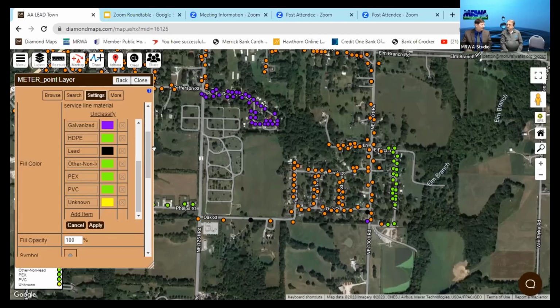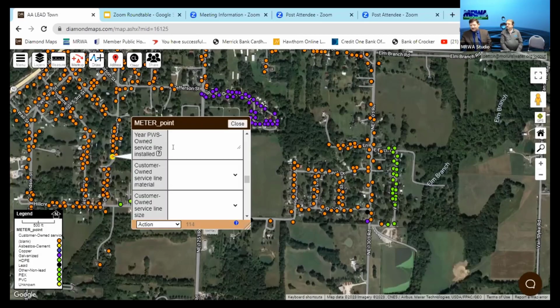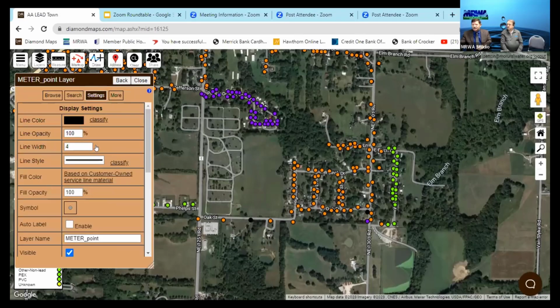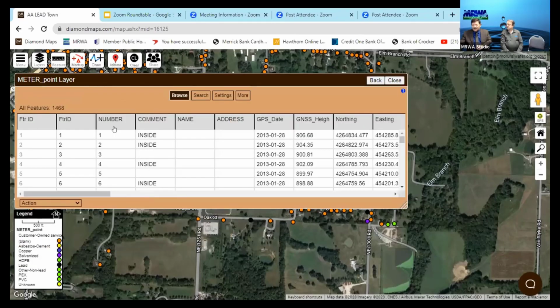I know that one of the questions that got brought up was about trying to come up with a number that was unique to a particular meter. Some systems still don't have an account number set. So just a suggestion to look at: if we look at the meters, and I go to browse, something that's unique about the GIS is this feature ID number. This is generated in the mapping process when you make this map. So that feature ID number is unique to this meter on this row. You could use that number and it will identify that one.